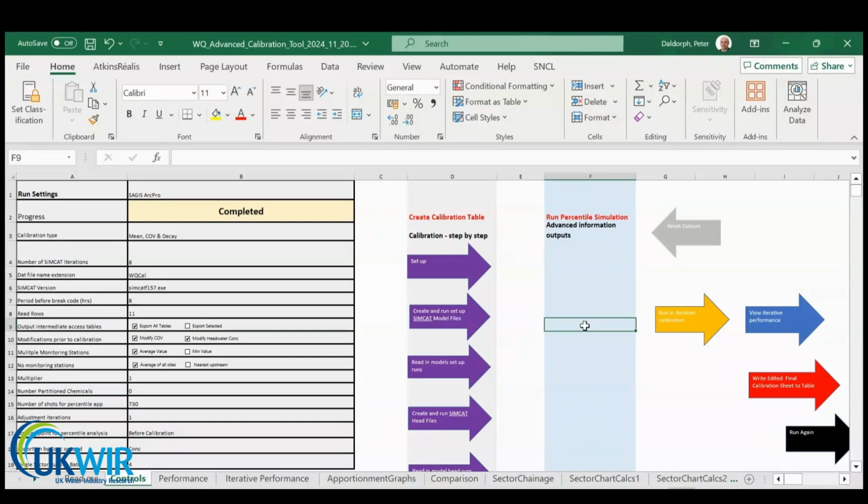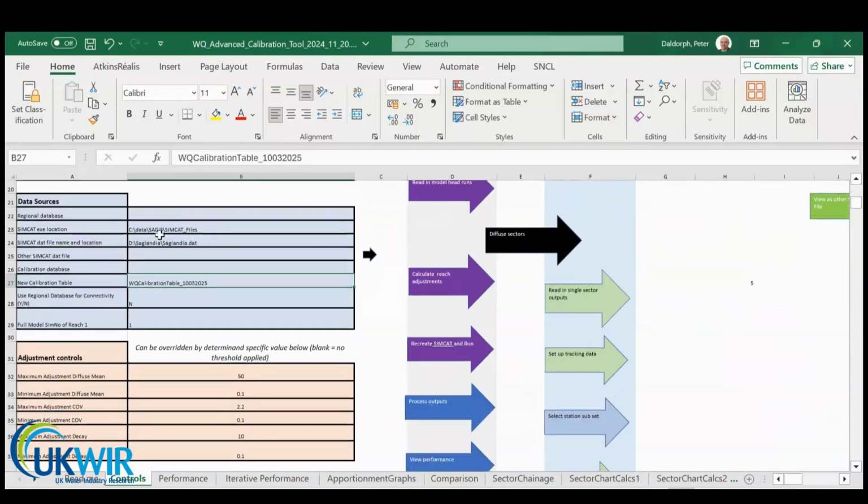I will now show you how to set up the water quality calibration tool. As before, this is done on the Controls tab. In a similar way to the flow calibration tool, we need to enter in the Data Sources section the location of the SIMCAT.exe file, the location and name of the SIMCAT.dat file, and the name of the new calibration table that the tool will